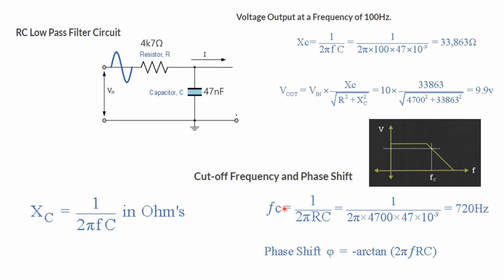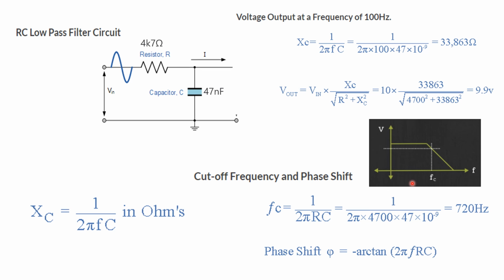The frequency depends upon the selection of R and C, which is called the cutoff frequency. So if you calculate the cutoff frequency, it comes to 720 Hz. So at 720 Hz, you will see your output drastically started decreasing. So if you are targeting like a designer, okay, my operating frequency is 100 Hz, but I want any frequency coming more than 700 or 800 or 1 kilohertz to be